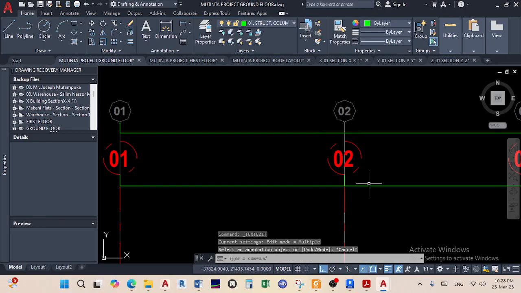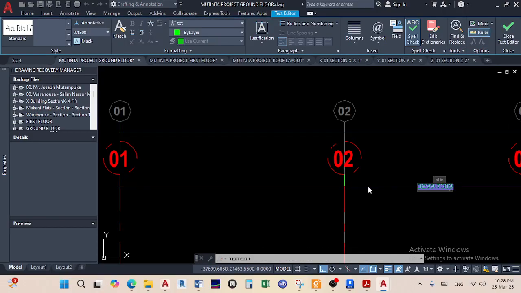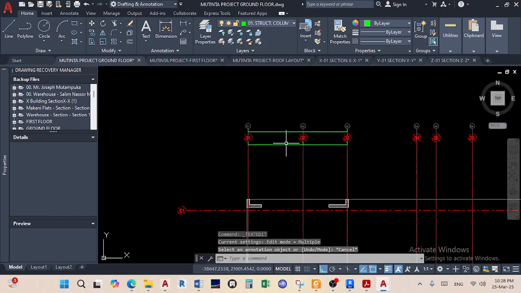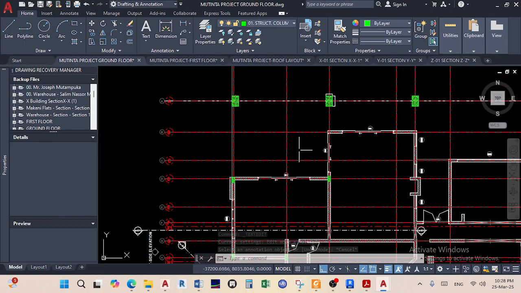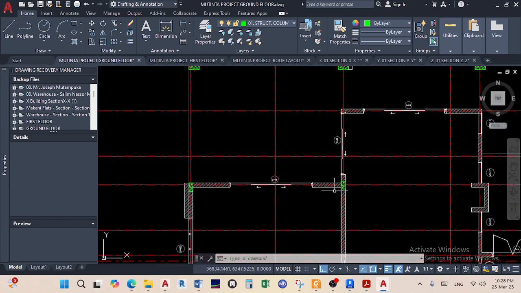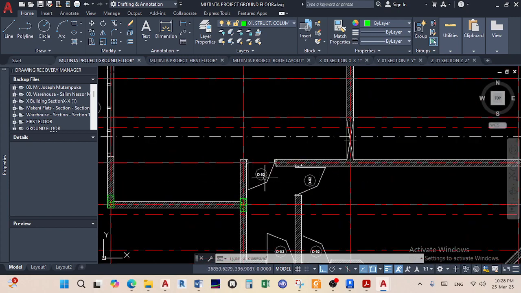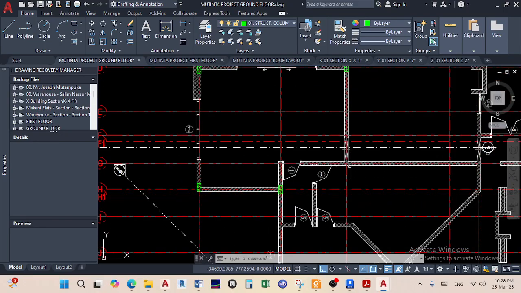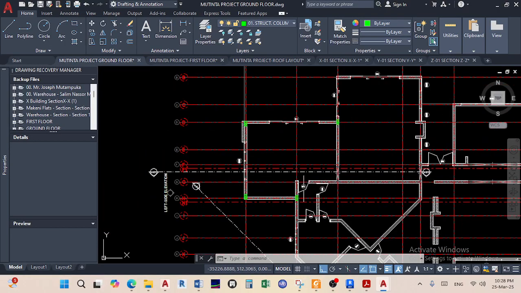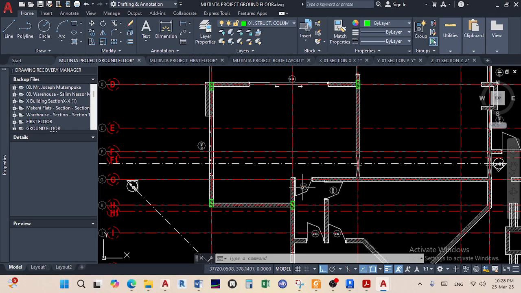This is 4.1. 2.3, which is fine. Have a column here. And then